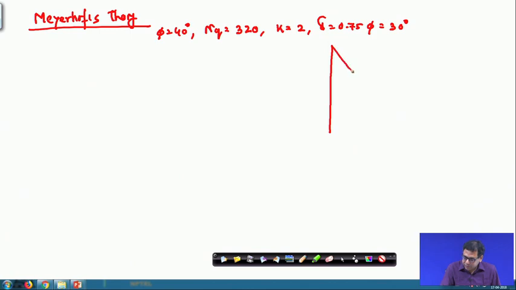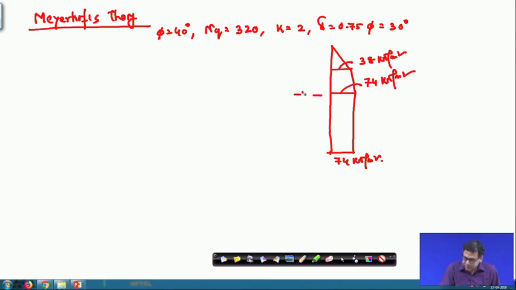Okay. So, this is the same, water table is here, then 6 meter, then it is uniform. Okay. So, this is 74 kilonewton per meter square, and this value is 38 kilonewton per meter square, and this is also 74 kilonewton per meter square, and this is minus 6 meter, this is minus 2 meter, and this is minus 15 meter. So, these are the total stress distribution.